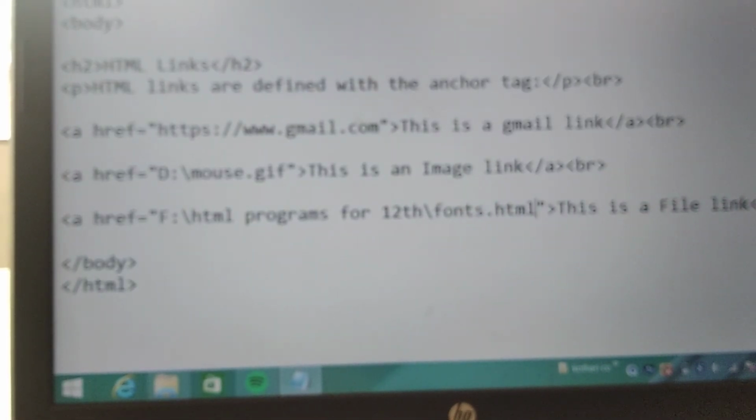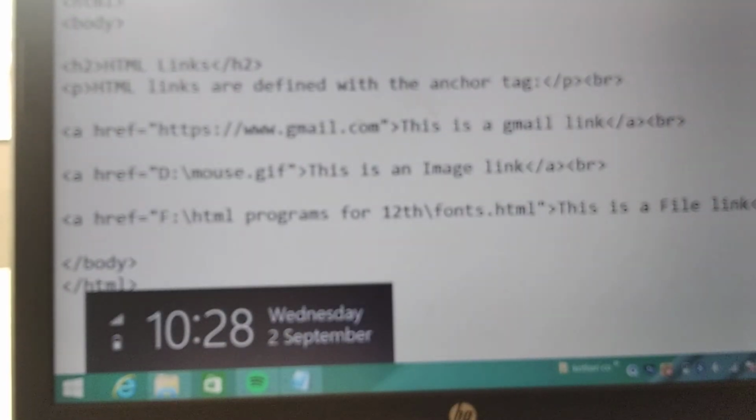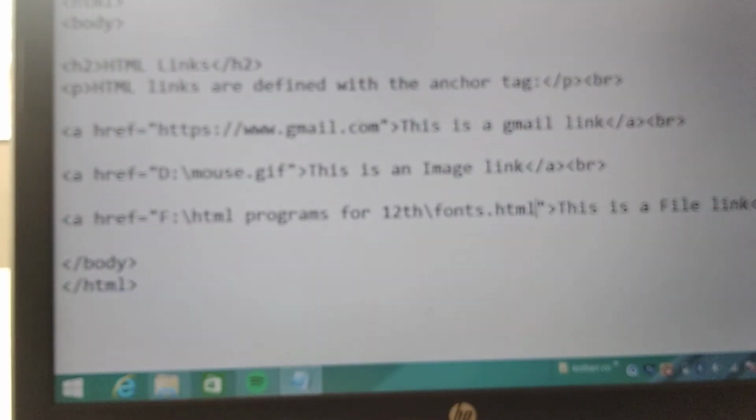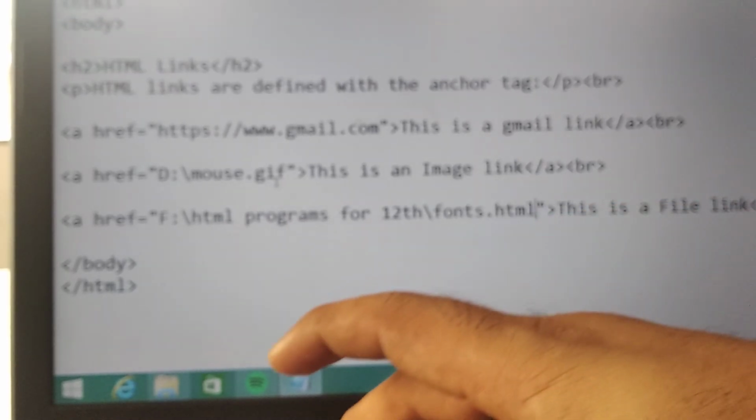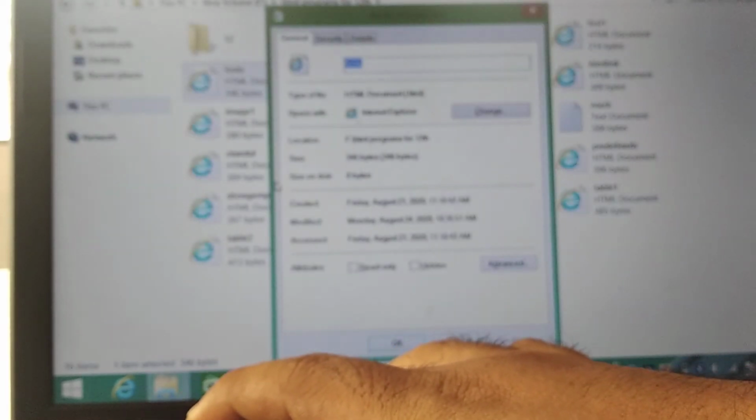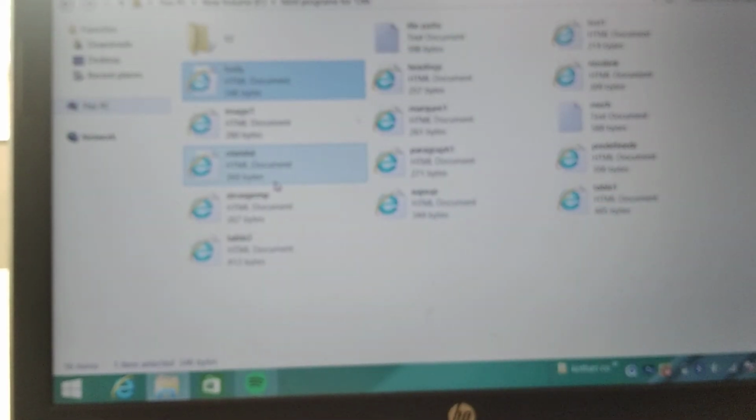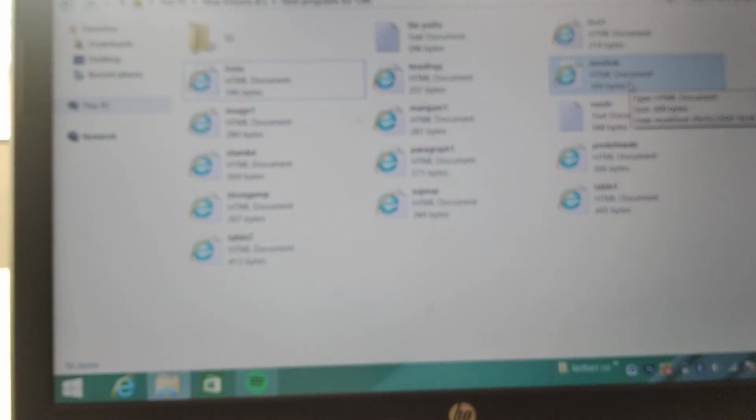I will save the changes made by me by Ctrl S or press the save button, and then directly close the page by Alt F4 and just open the file. This is the file we have created right now.